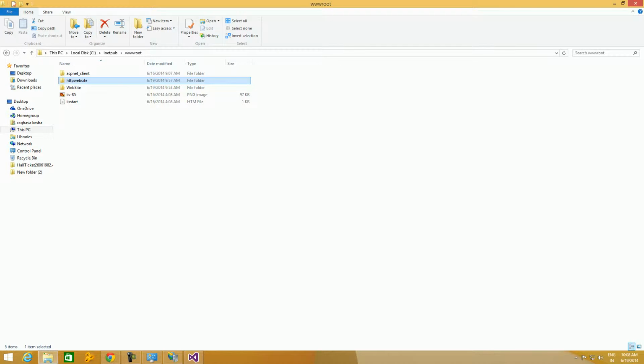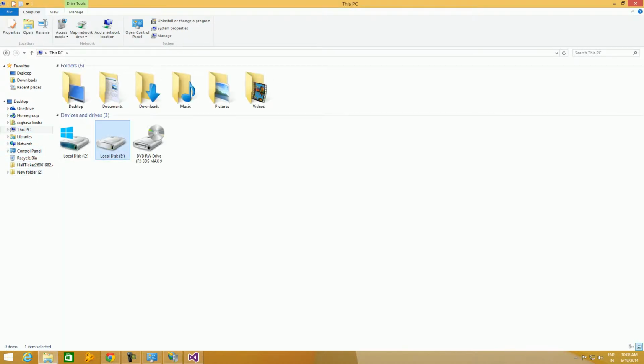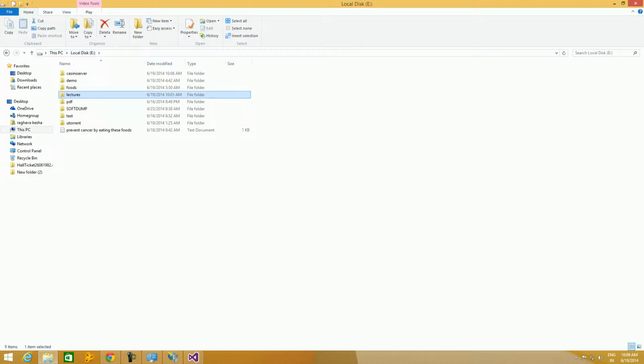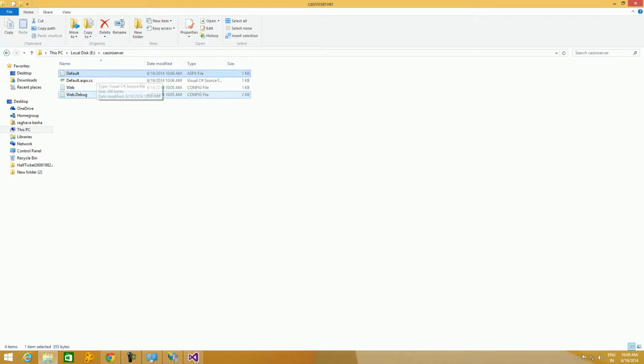You have specified it as E drive, Lectures, and what did we give? We have given the name Cassini server. So it is created in E drive, Cassini server. This is a folder, and these are the actual files. To copy this folder to IIS,